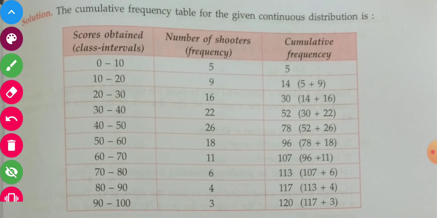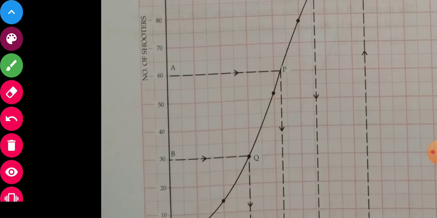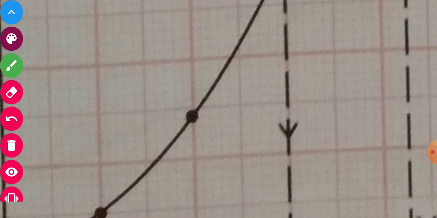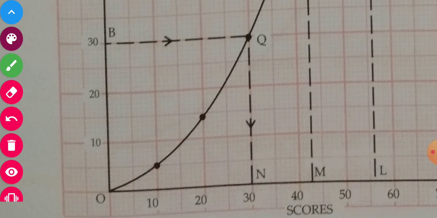The next class is 10 to 20, and the upper limit is 20. Against 20 we are going to mark the cumulative frequency, which is 14. This is 20, and between 10 to 20 there are again 10 lines, so obviously this line is 15, and a line just below this, let us zoom a little more, a line just below this is 14, where this is actually marked, if you see. So against 20 it is 14, right?